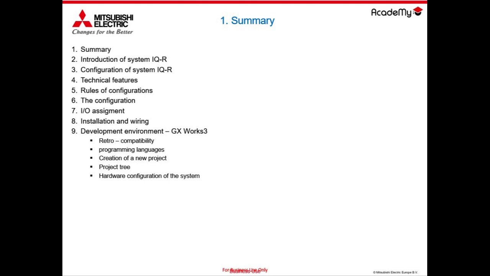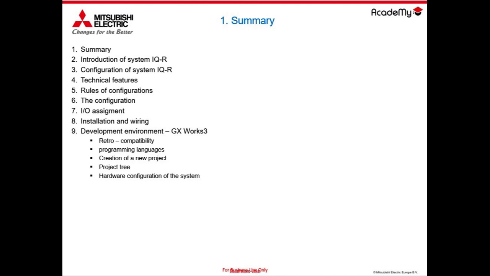We talk about retrocompatibility with the software projects made with the previous programming environments, so GXWorks 2 and the GX Developer, for previous modular PLCs, in particular the Q series. So we will see under what conditions it is possible to exploit GXWorks 3 to automatically convert an obsolete project into a new iQ-R. We talk about programming languages, GXWorks 3 based on the IEC